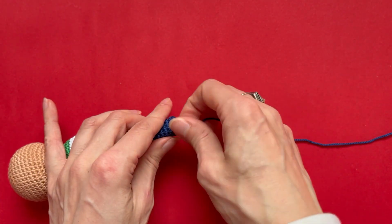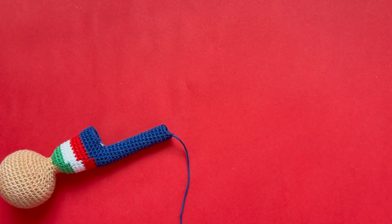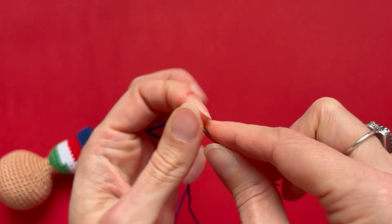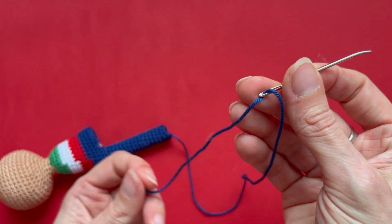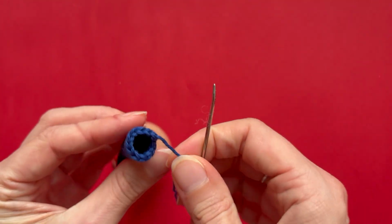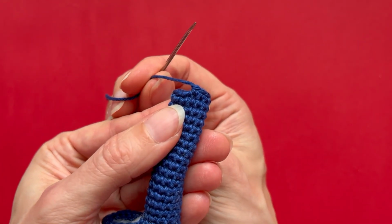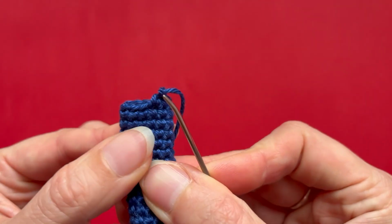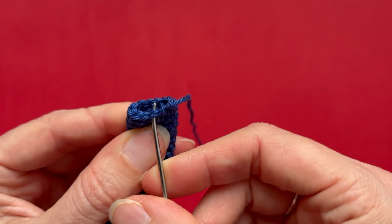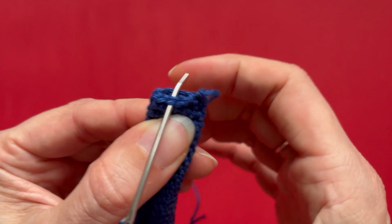Put it through, and now we can actually make an invisible finish. At least that's what I call it. I'm not sure if that's the official name, but what I do, I thread the yarn end on a yarn needle, and to make the end of the round look nice and smooth, we now skip a stitch so we don't go in the next stitch, not this one, but this one here. So one stitch here we skip,